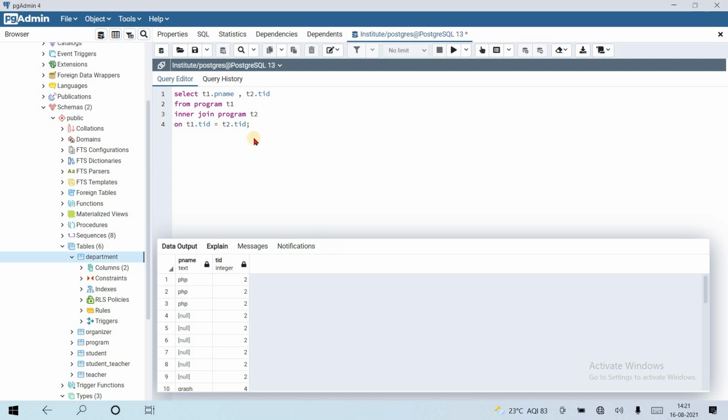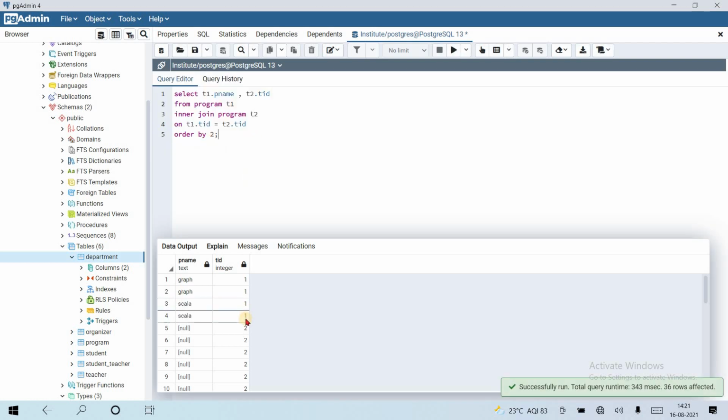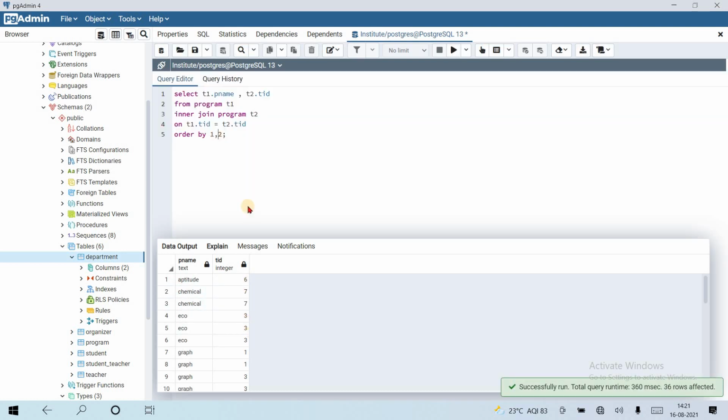So we can arrange in order by 2, order by, suppose order by 2, teacher ID is 1 2 3 like that. So we can make 1 and 2 also, teacher name and teacher ID also 1 1 1.